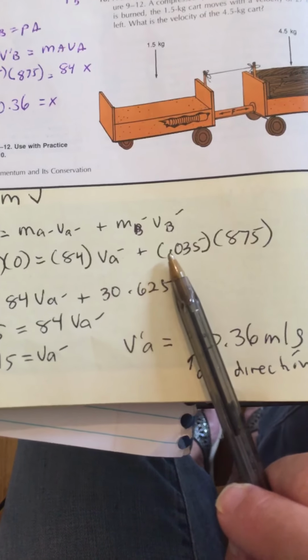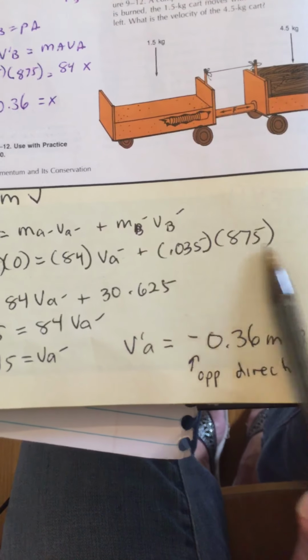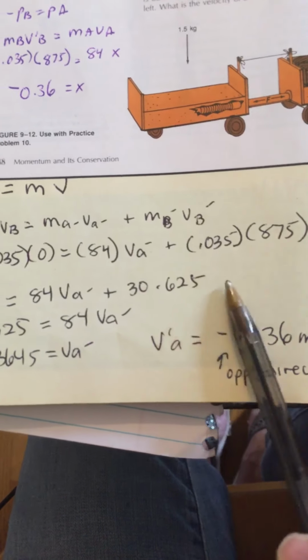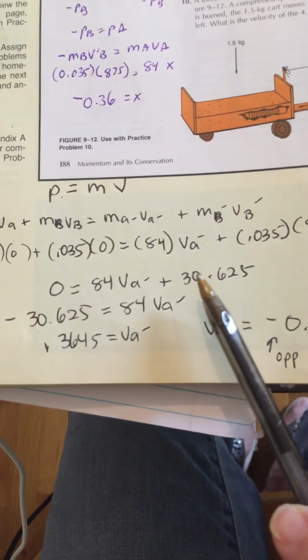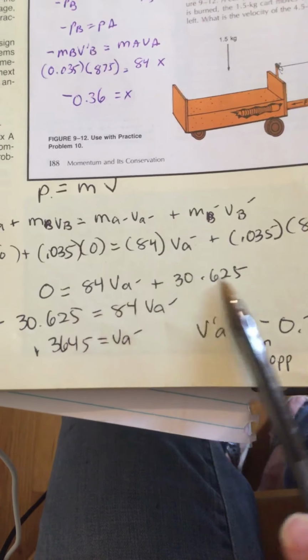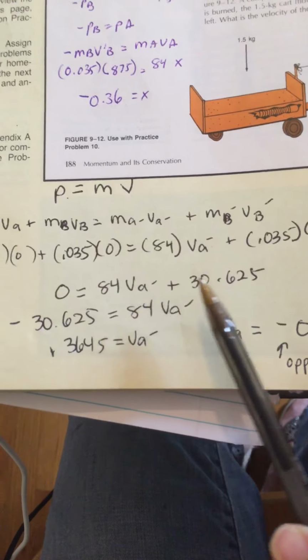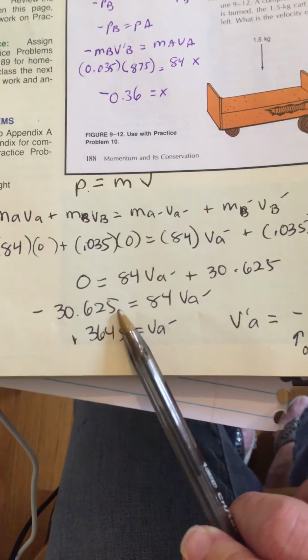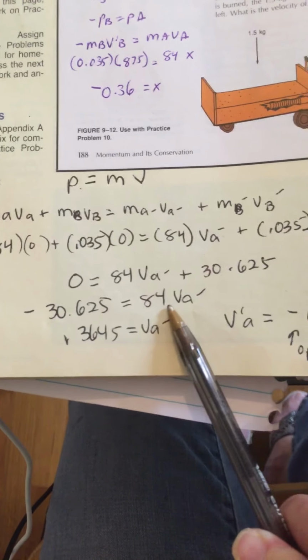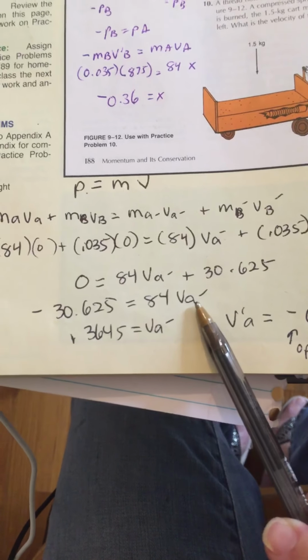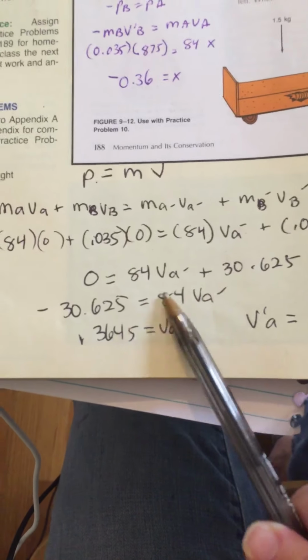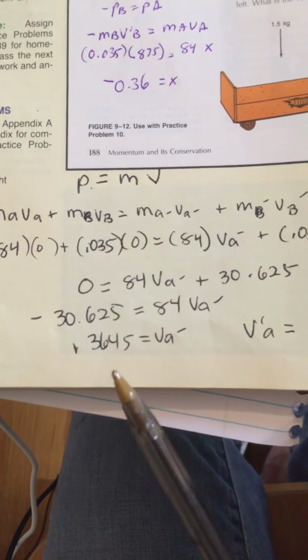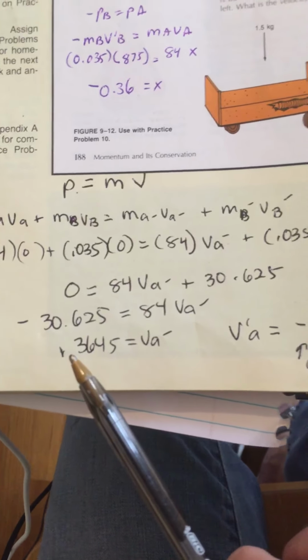So the first thing I did is I multiplied 0.035 times 875, and it's 30.625. Okay, so then I subtract, because these are added and I'm trying to get this alone, I subtract 30.625 from both sides, and it ends up over here. Now I've got 84 over here next to vA. I want vA by itself. It's being multiplied by 84, so I divide both sides by 84, and I get